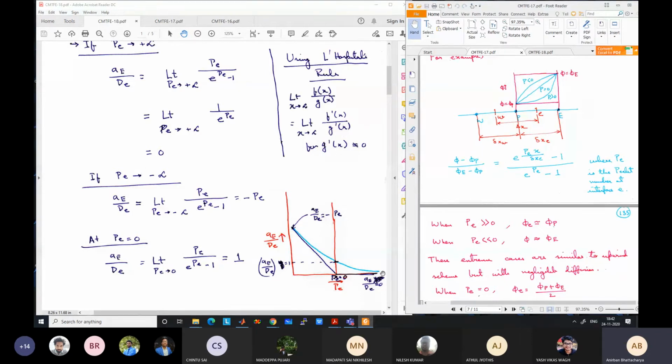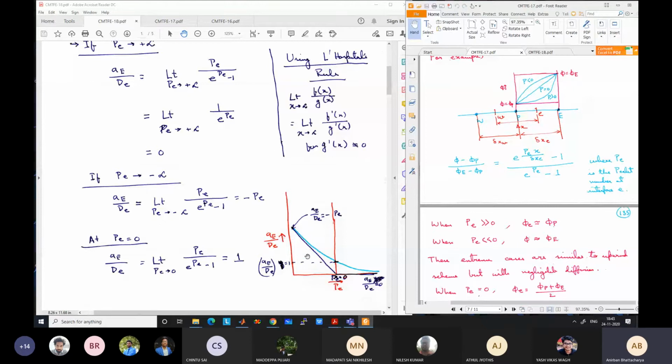A approaches the value of 0 for very high Peclet number. Okay, the influence of the east interface is almost negligible. On the other hand, if the velocity is very strong from the other direction, meaning from the right to the left, the influence of AE should be very high, okay, and that is what we are seeing.